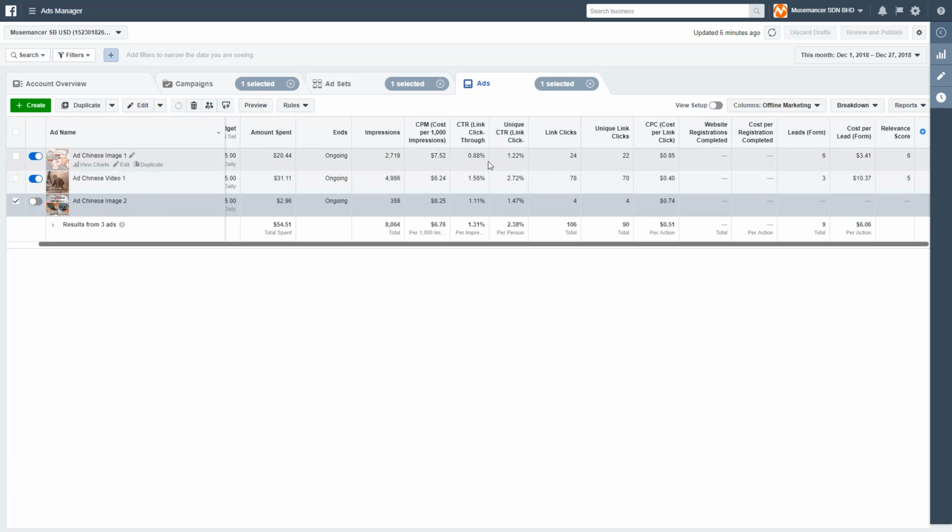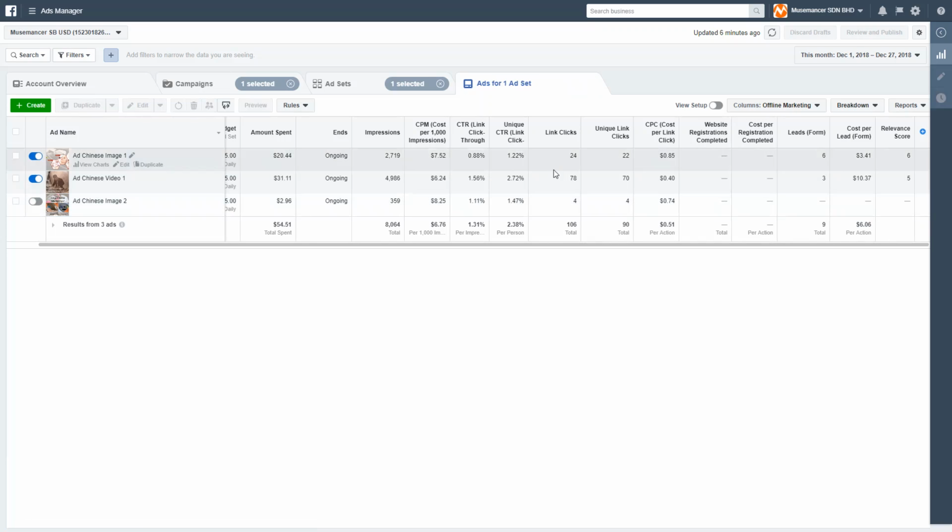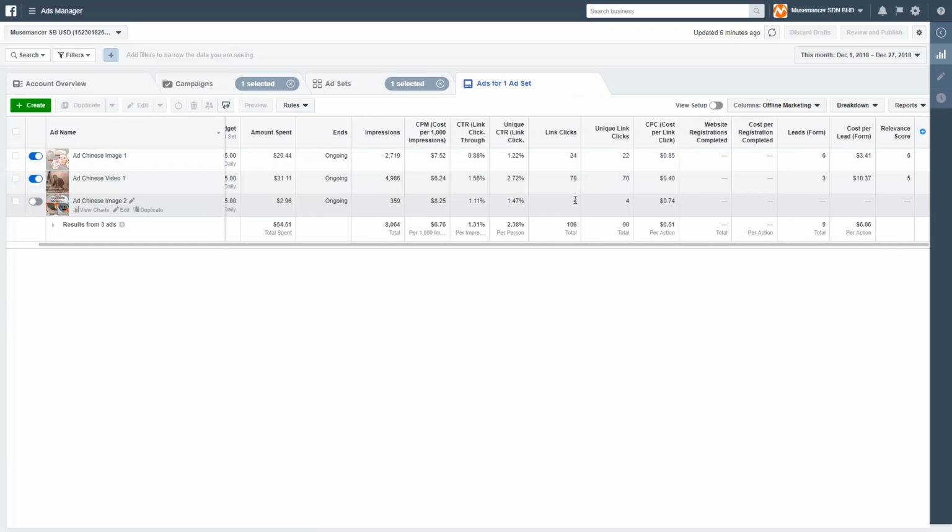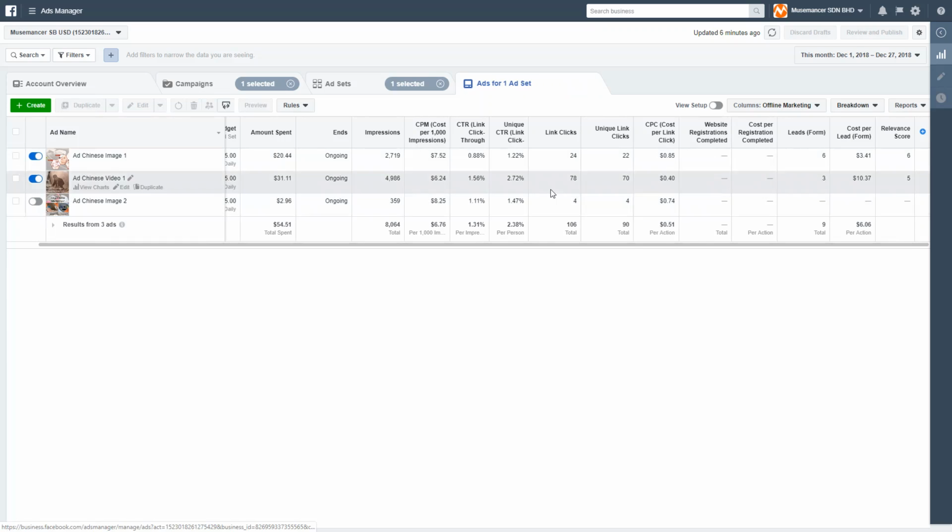But I think this is slightly okay. I'll still keep it that way. And if you notice, image ad 1 and video ad 1 were getting more clicks. Now, if you see why the video has more clicks, because like I said, this ran earlier. But if they ran about the same time, then I think it would be pretty much a draw. Okay. Now, if you notice that there were less clicks for image 2, so again, another reason why I turned